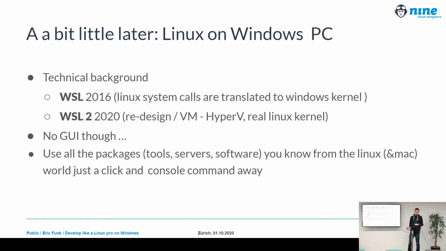So pretty much every package on Linux could run on Windows. And just this year, they released the next iteration, Windows Subsystem for Linux 2. And there they did a completely redesign. They no longer translate the system calls. They actually run a virtual machine, and it's like a real Linux kernel now. And they had this advantage of performance, integration. I'll go more on this later.